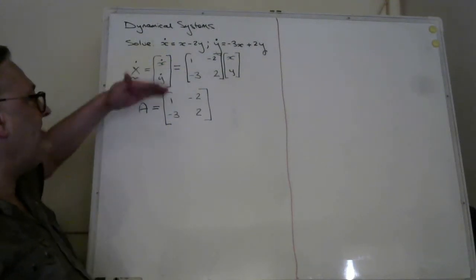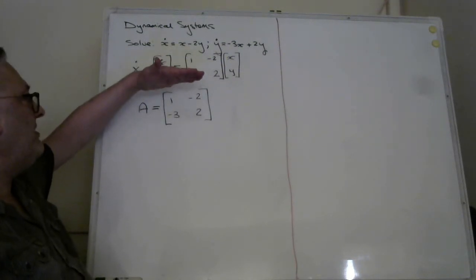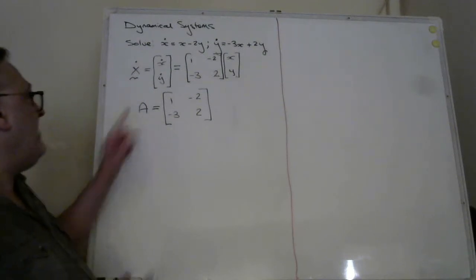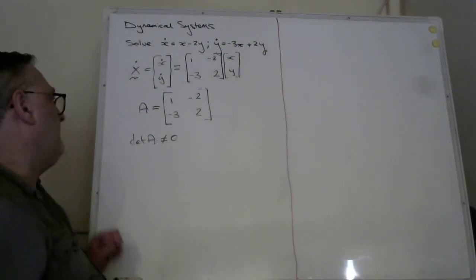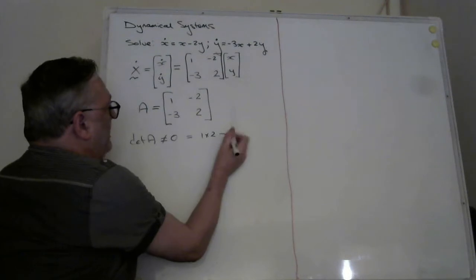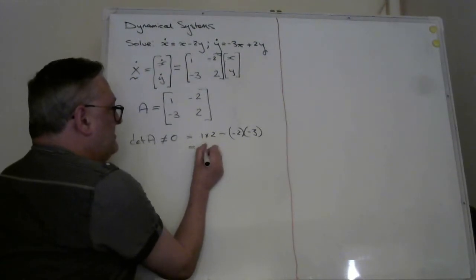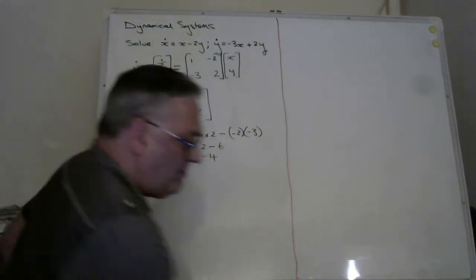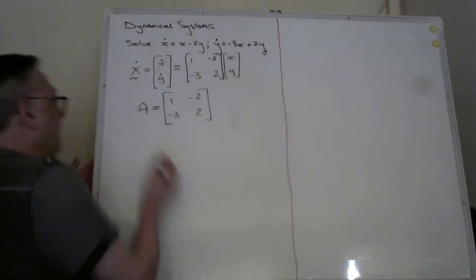So that is the matrix A. Now, from that matrix, we can see that these entries, the top row of entries and the bottom row of entries, are not multiples of each other, which implies that in that case the determinant of A is not equal to 0. And of course we can prove that because the determinant will be 1 times 2 minus 2 times minus 3, which is equal to 2 minus 6, which is equal to minus 4. Now that tells us, because the determinant of A is not equal to 0, that tells us that we can form